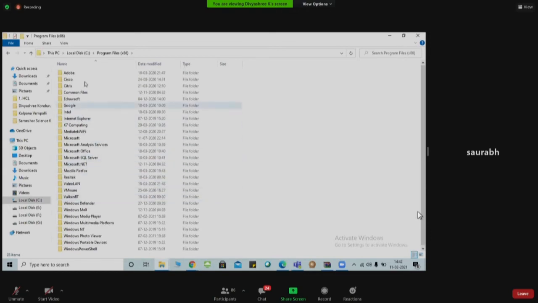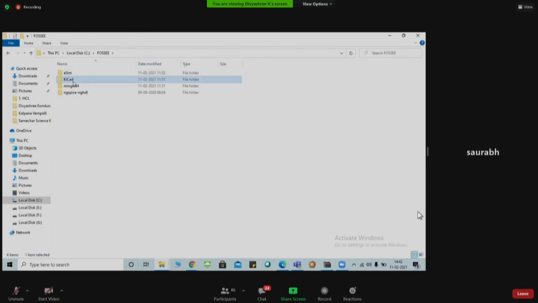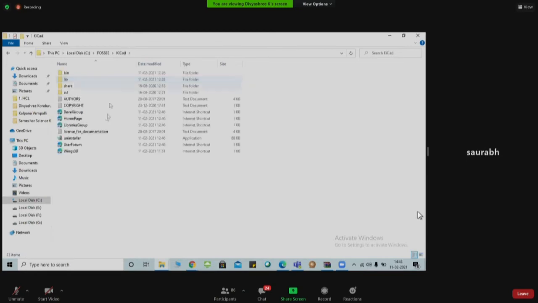Go above and check in Program Files. Open that, please. There is an uninstaller, the bottom third option. Click that, and remove everything it is asking. Give your confirmation to remove KiCad.